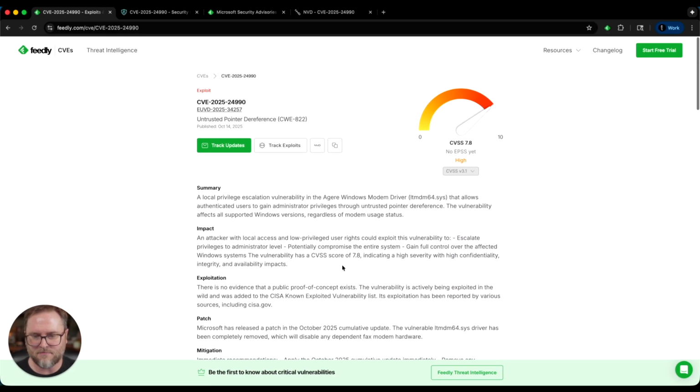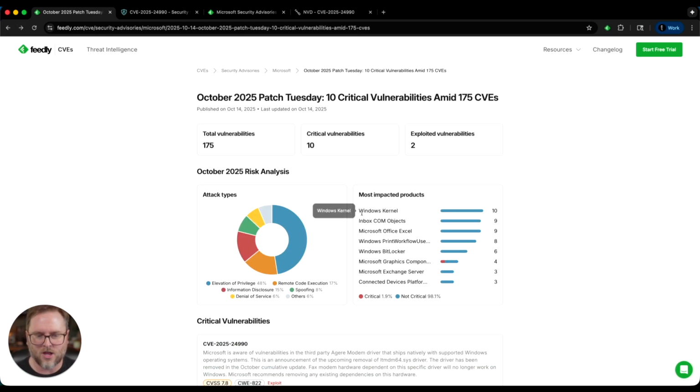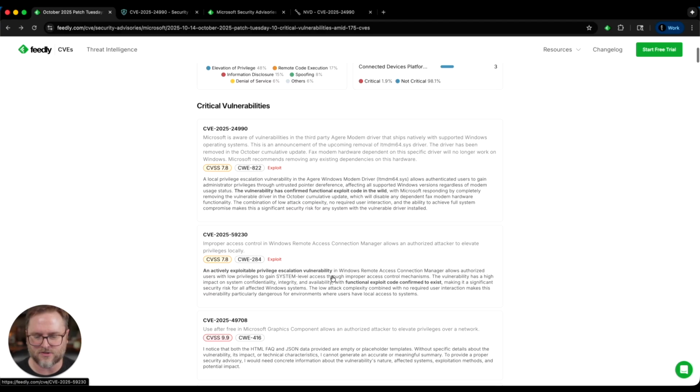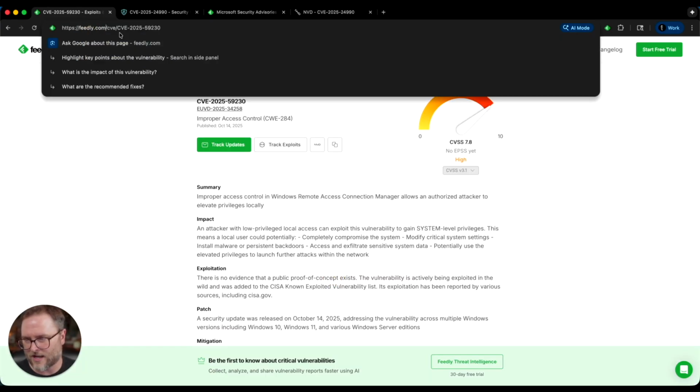A few times I did mention some of the paid features that are available. Number one, there are paid features available for the Insights card to track updates and track these exploits, as well as also going back to the dashboard. We have a full view of the dashboard that you could also see some additional features in too. Some of those things, if I were to go and actually look up the vulnerability here,